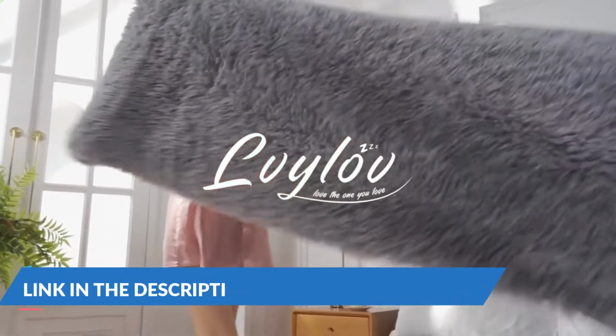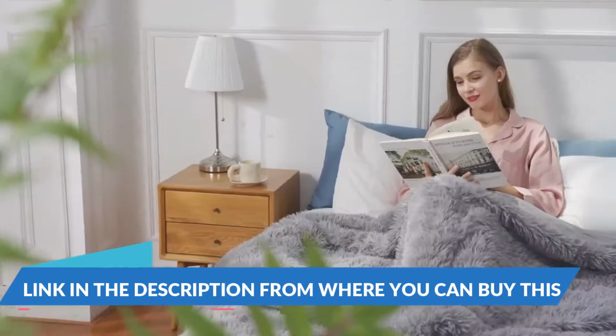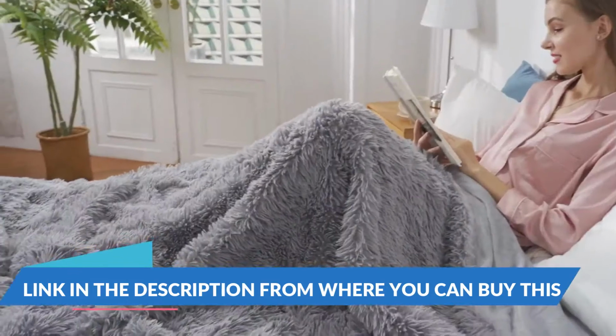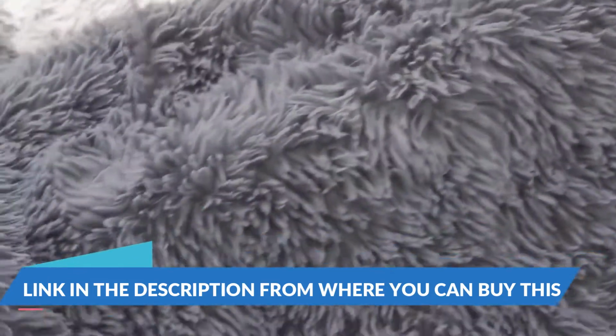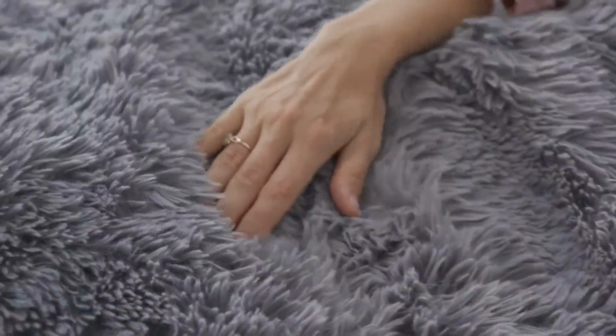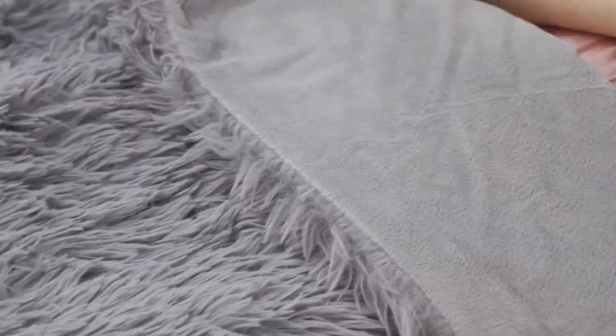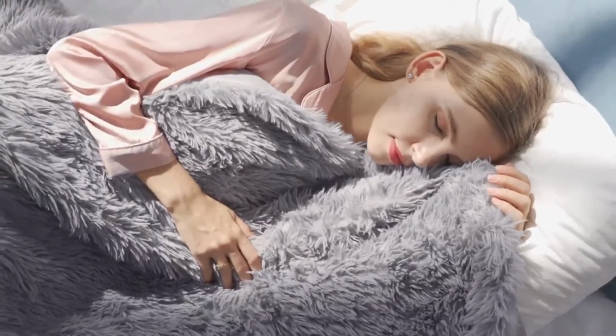Lvylov soft fuzzy faux fur throw blanket, 50 inches by 60 inches, thick warm fluffy plush blankets and throws, comfy cozy shaggy furry blankets for couch/bed/sofa, decorative chic accent, machine washable, black. Thick and fluffy and cozy, Lvylov fluffy throw blankets are made with double layer